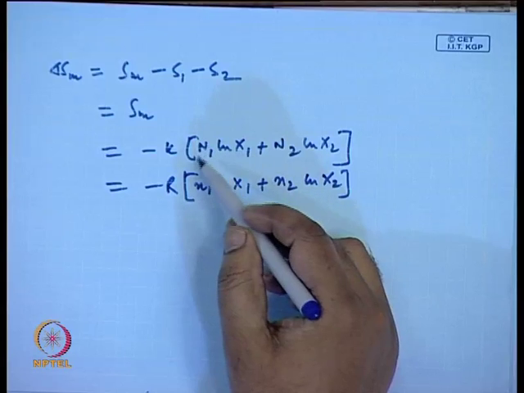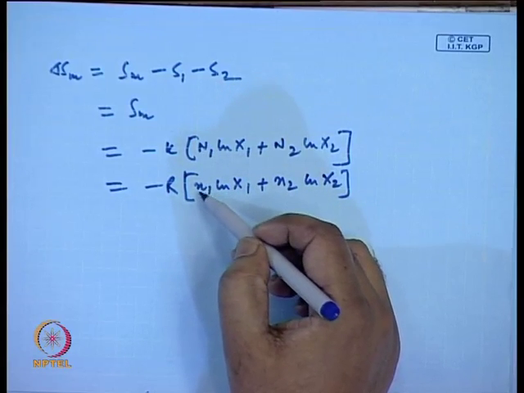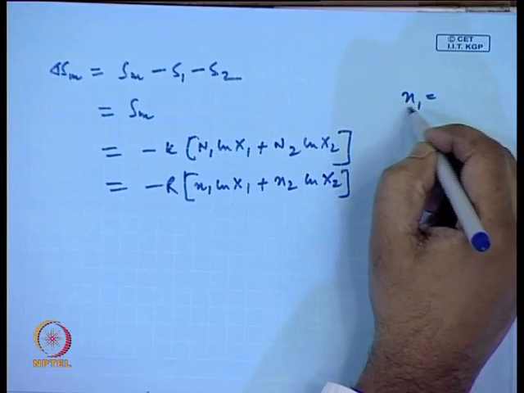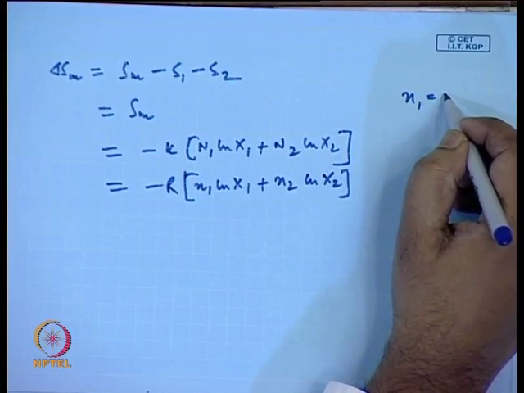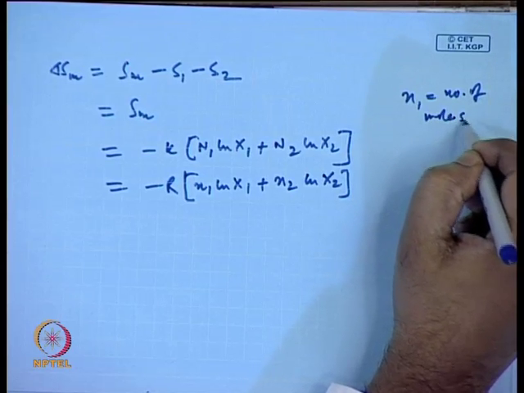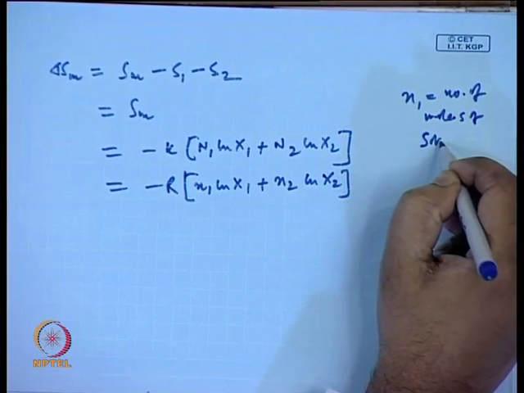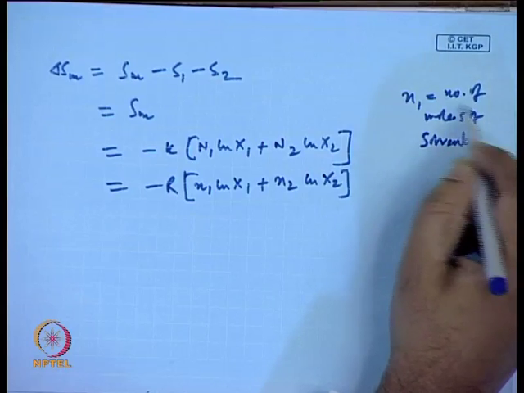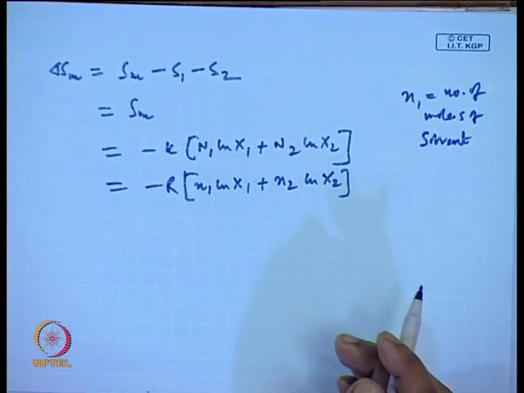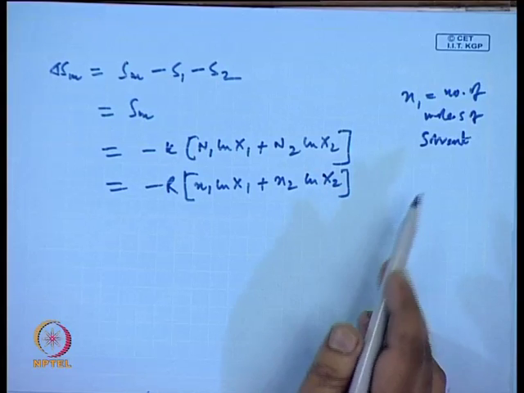N1 is the number of solvent molecules, and lowercase n is your number of moles. So, n1 is the number of moles of solvent,